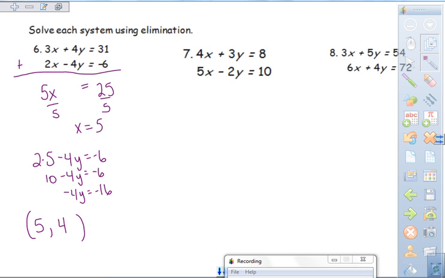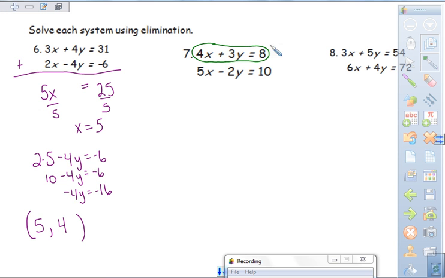Let's try another example. We want to get opposites. In our x's we have a 4 and a 5. In our y's we have a 3 and a -2. So we have to make some changes. So do we think it's going to be easier to get opposites in our x's or in our y's? I think it's going to be easier to get it in our y because we already have one positive and